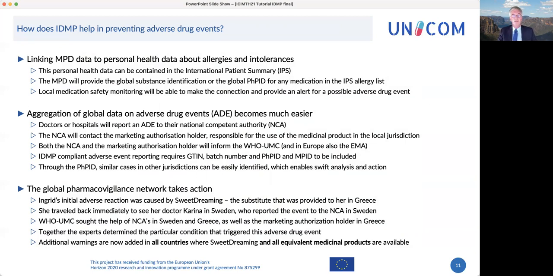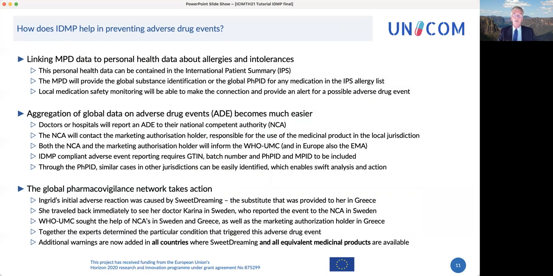But there's also a part to it that's really called pharmacovigilance. So really looking at how can we make sure that we understand what's happening with medication and where we need to be alerted on adverse events and how to study them. So the aggregation of the global data on these adverse drug events, that's part of the work of WHO UMC. And you have to be able to actually identify the drug. Of course, the doctor will report it to the National Competent Authority, but that's using the local identifiers. The NCA will then contact the manufacturer or the marketing authorization holder,